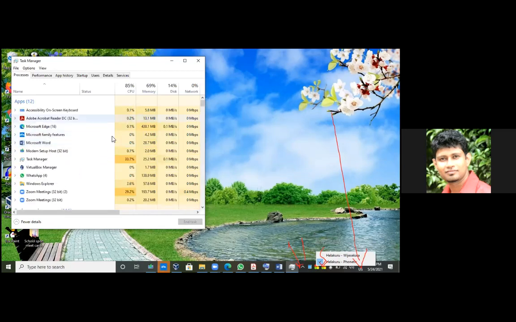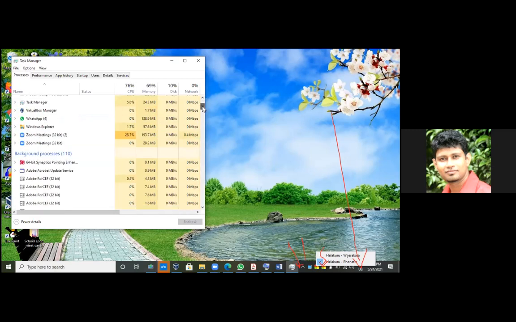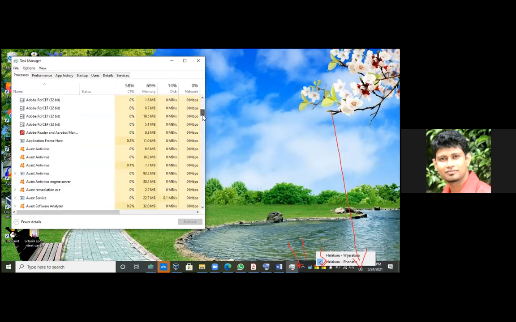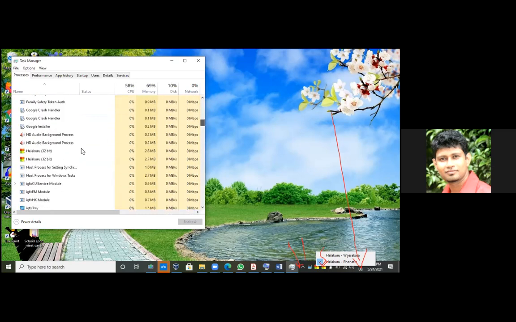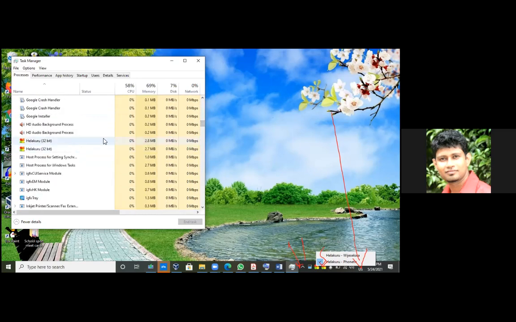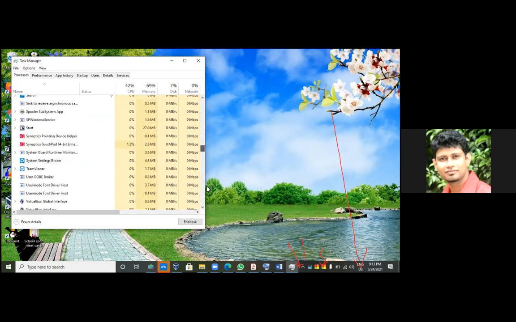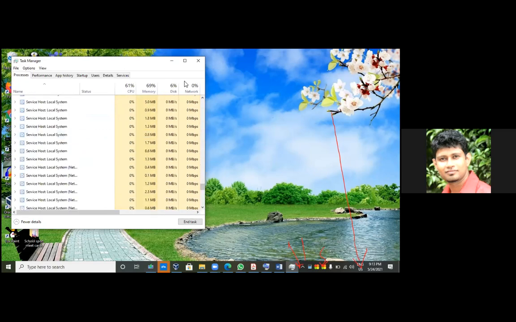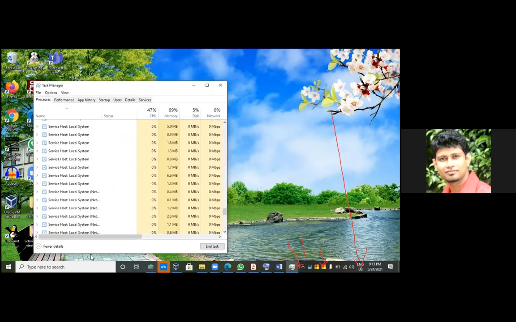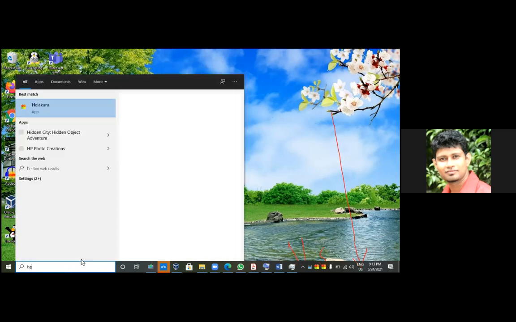Just scroll down further and find the Helakuru app. Here, right click on this and end task. End task. Next one also, right click and end task. Okay, now you don't have both apps. Now go and open the new app, Helakuru again.